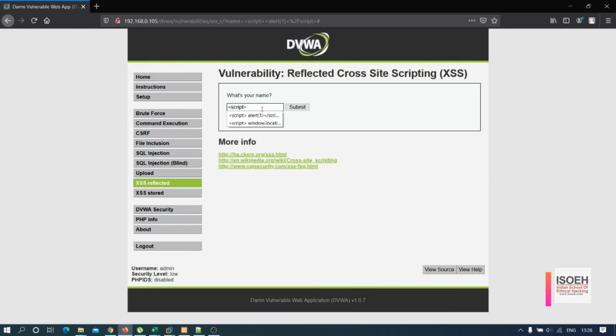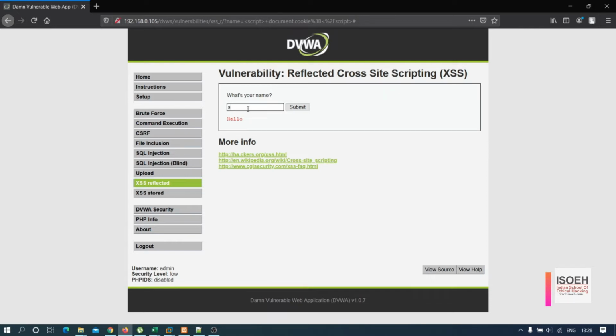Okay, script. If I'm writing the function like document.cookie with a semicolon and I have to finish the script tag, then wait.